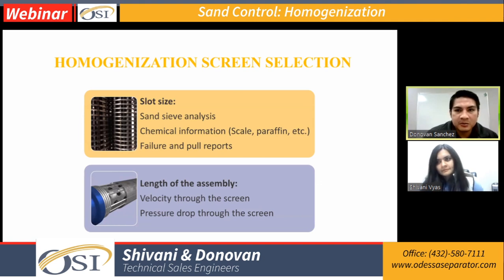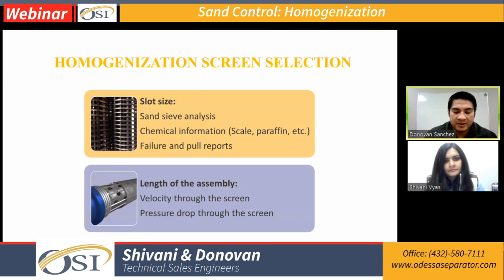So how do we choose our screens? How do we choose a slot size? And how do we choose how many different screens we will need in one bottom hole assembly? So for starters, slot size is the first main thing we'll take into consideration. Like Shivani said earlier, we will do a sand seal analysis so we can see the particle size distribution, so we can get an idea if we're going to try to filter out some sand